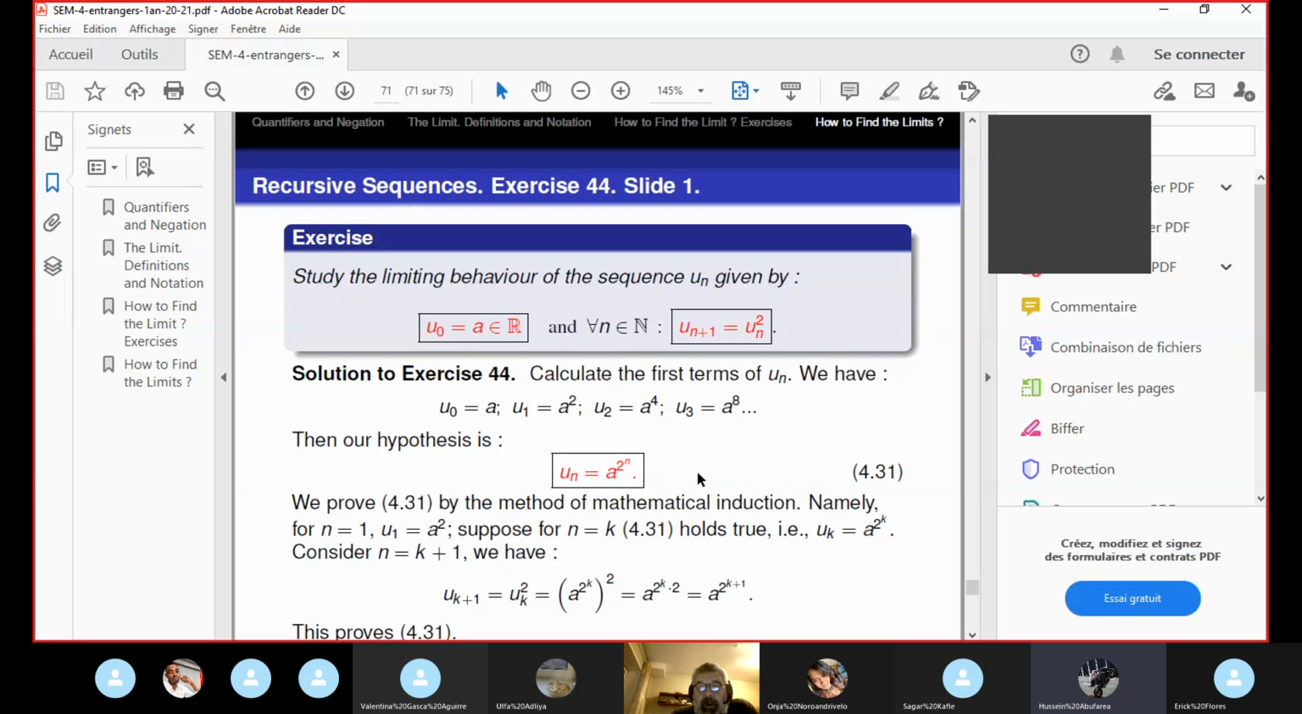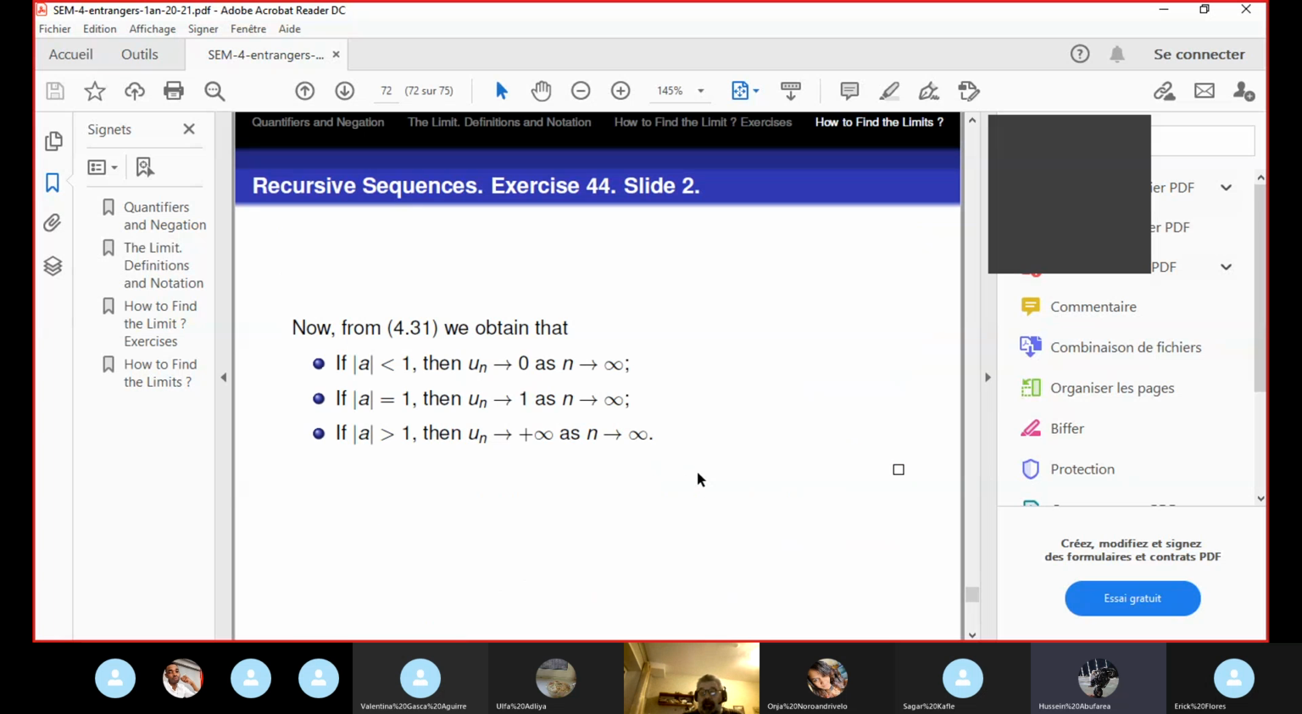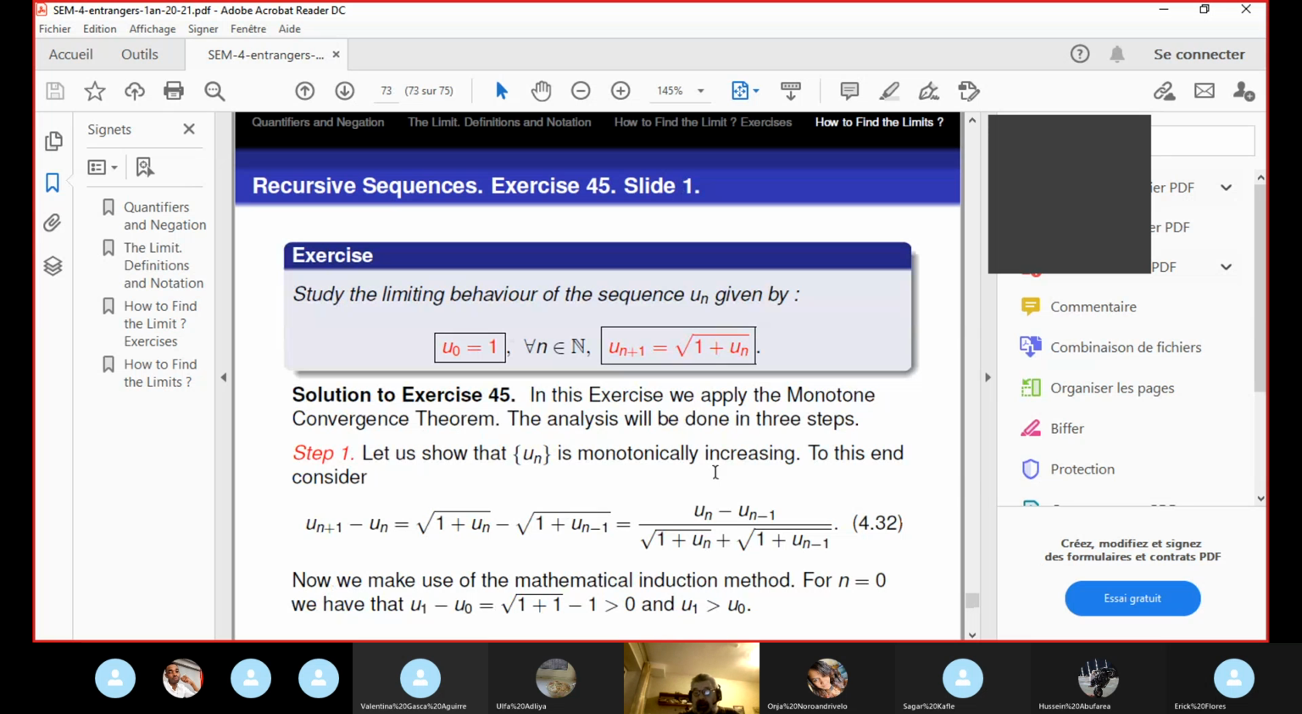Okay, Professor, yes. So the last case, if the absolute value of a is greater than 1, evidently this sequence u sub n goes to plus infinity. I hope you agree. Yes, I agree. Very good. So the next and the last exercise in this topic,